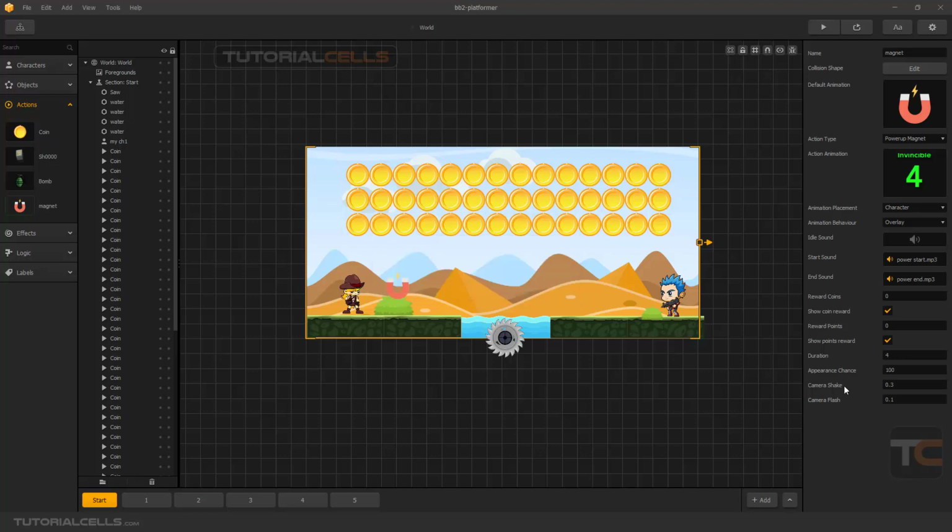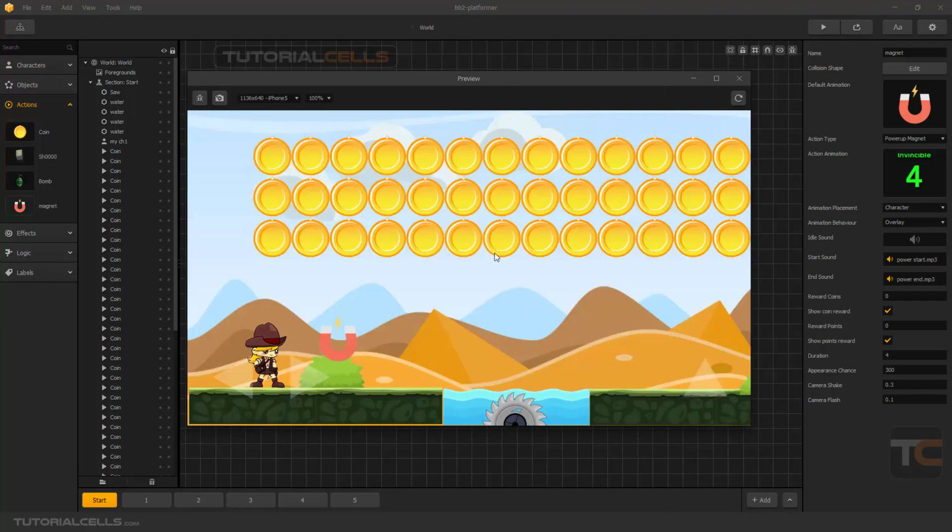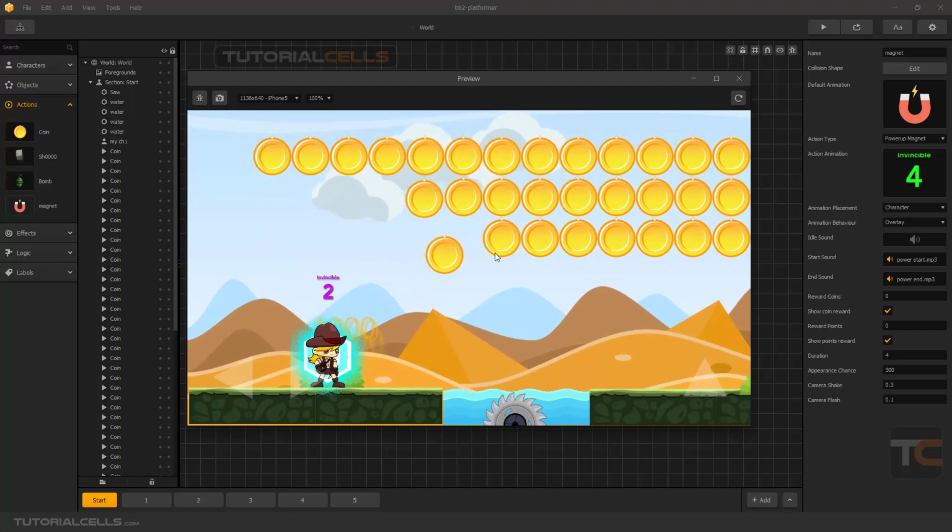And here is another setting, it is appearance chance. It means the radius of attraction. If you reduce that number, we have more attraction radius here. When we eat that, this radius is from the center of the character. Okay, test that. As you can see, if we hit that, all of those,